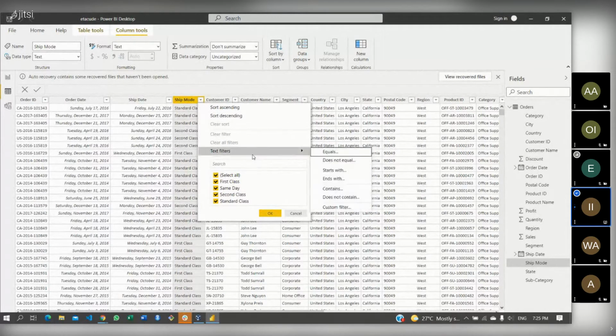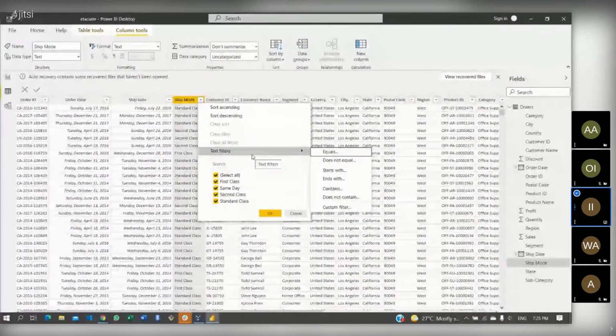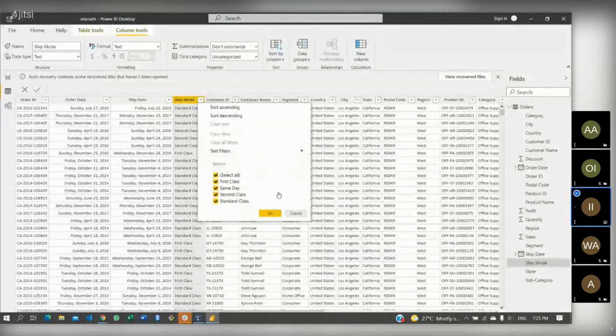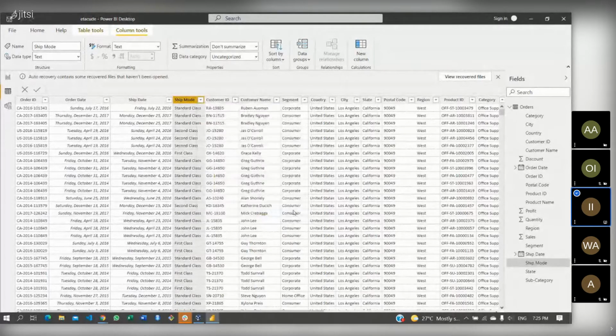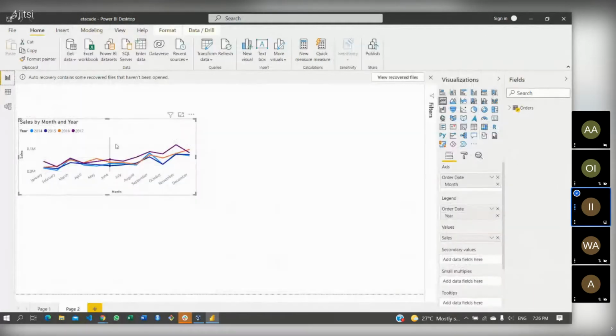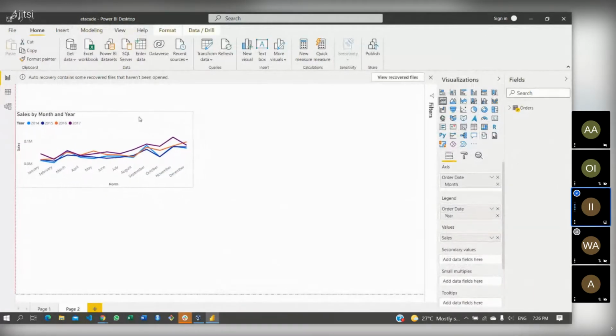So your visuals, when you're showing them to your CEO or anybody, you want them to draw an insight and probably act based on it. If they can't draw any insight, then it will be useless, right? That's the same thing. So for this ship mode, we can't use a donut chart. It's more than three categories, so let's use a bar chart, which is advisable. And a bar chart is horizontal, right? Because we read from